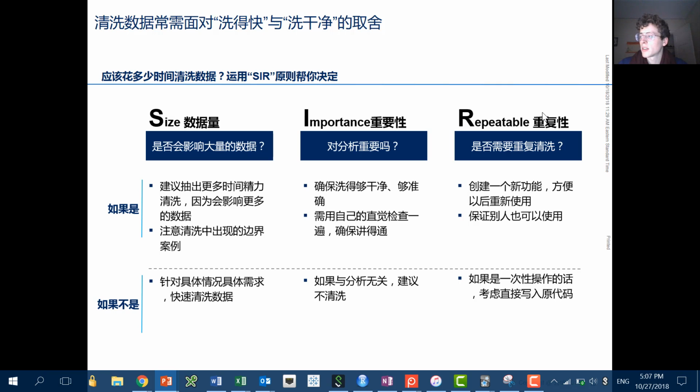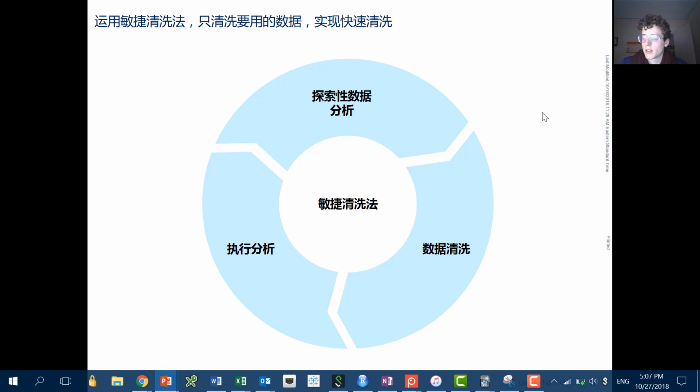So let's talk about how you prioritize cleaning, and then we're going to do a quick worksheet on it. So this is called the agile approach to cleaning data. And I want to be clear that in order to be an effective, successful data analyst, it is not just knowing about fancy analytical techniques. In fact, that is just a nice thing to have. It is about being able to move and get insights from data quickly and effectively. And in order to do that, you need to move.